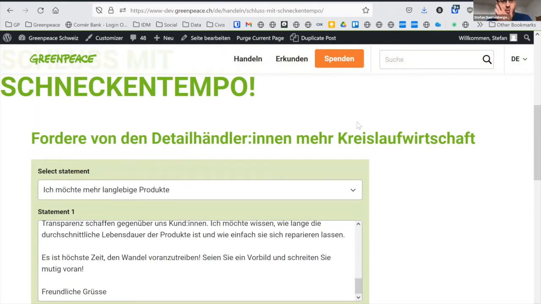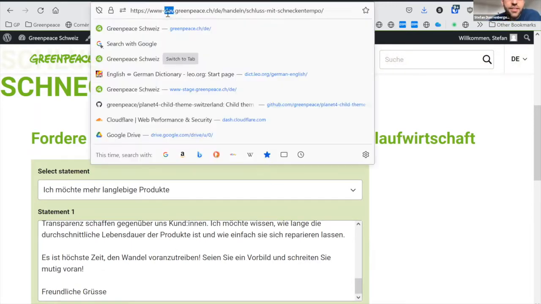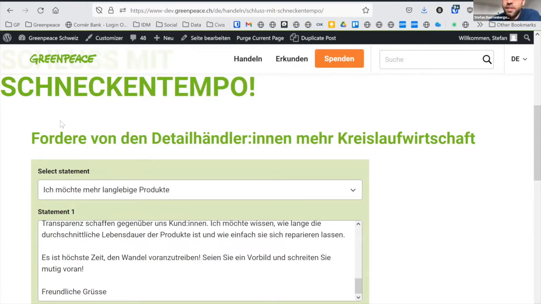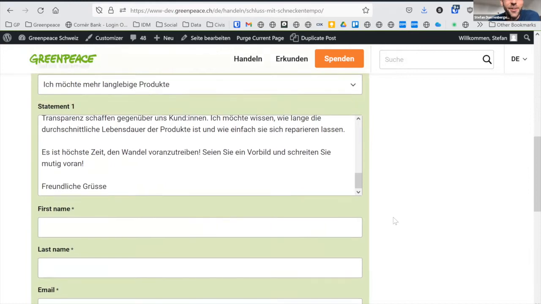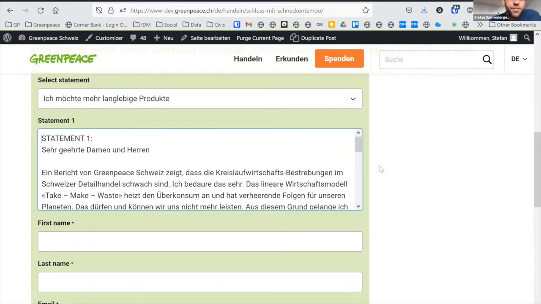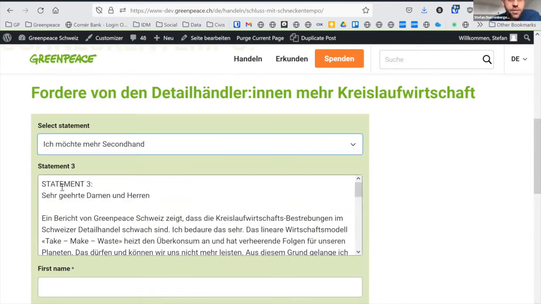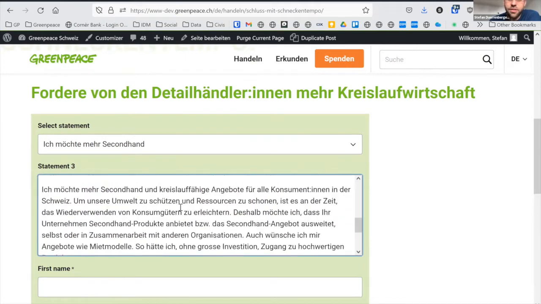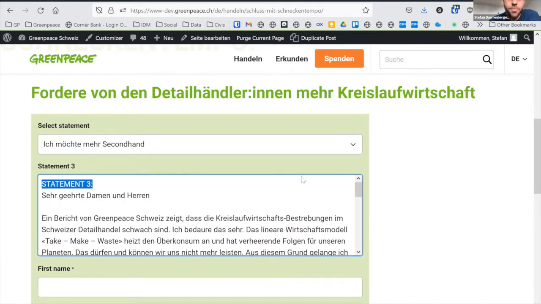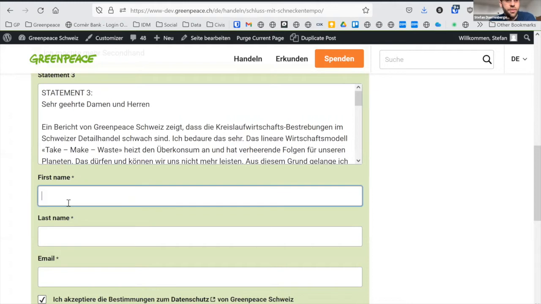But then we also have this simplified version. It's also linked in the slides. It's on our dev site, and I disabled the email sent to the company. So feel free to try this if you want to, if you don't want to send an email to any company. This is a simplified version of the form. You can basically select one of the 3 statements. It will show the exact statement here in this text box field, just so you know what you're sending to the company. You can enter your name